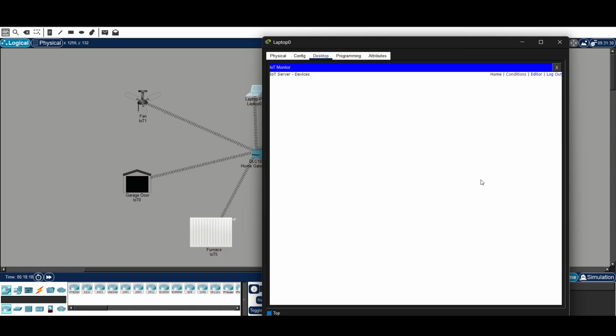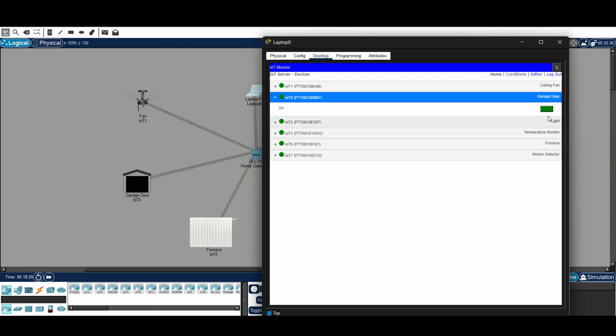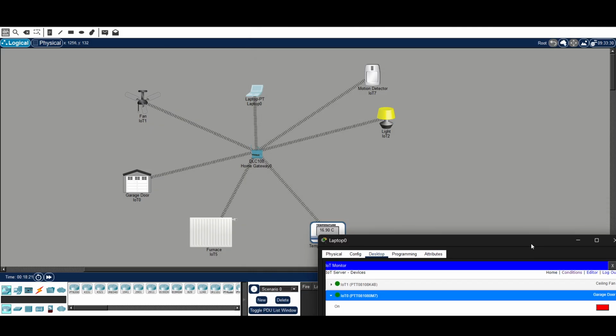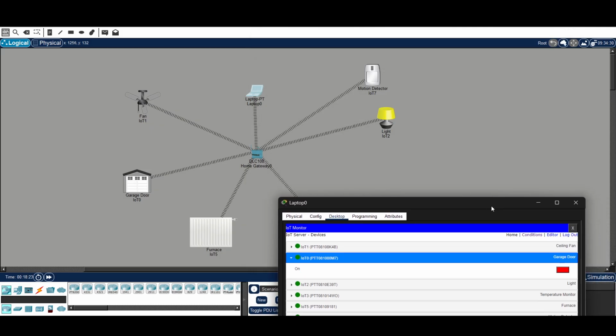Like I will show you, the garage door, firstly I will close. The motion detector is detecting nothing here. No red light is coming. So firstly I will